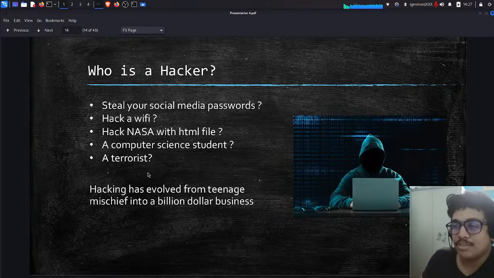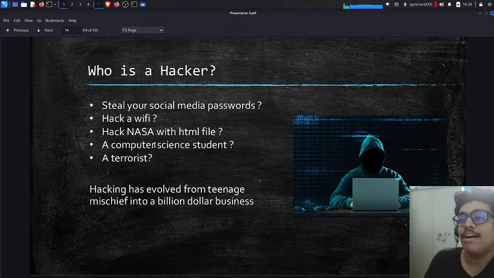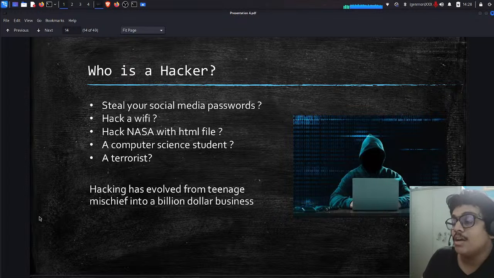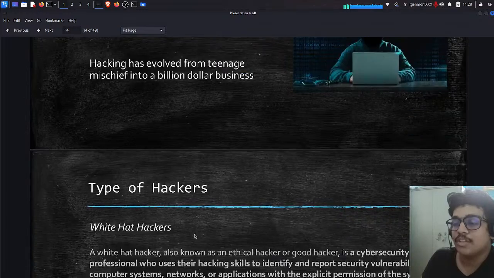They can run scripts in order to do something notorious, and Wi-Fi hacking was a bit easy. Although it is still easy to hack Wi-Fi now, at first it was considered a teenage mischief, but it is now a billion-dollar business. There exist ransomware groups which are famous for earning a lot of money, more than, I think, Elon Musk, but they are not authorized or on the record, so we don't know how much they have earned.